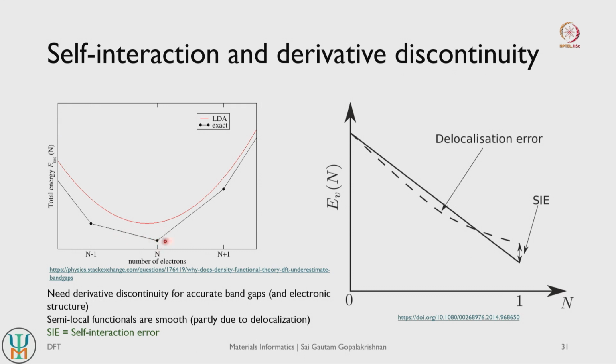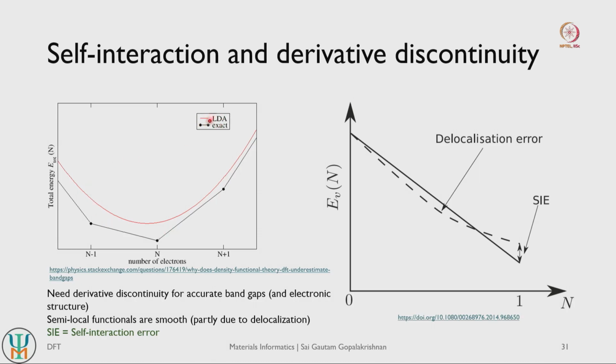So it has one value here and then it has another value here, right. So one value in this negative limit approaching n, another value in this positive limit approaching n, right. So the derivative itself is discontinuous, and this is how exact systems, or actual physical systems, should behave. This is how systems should behave.